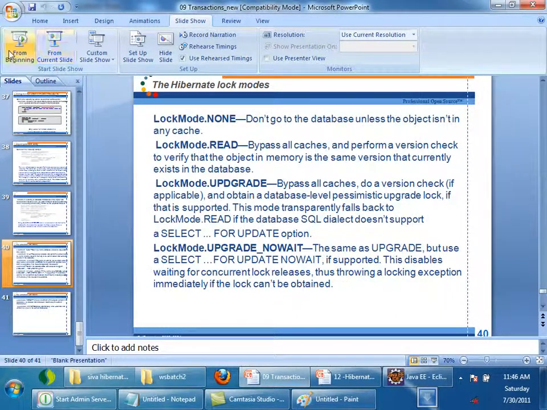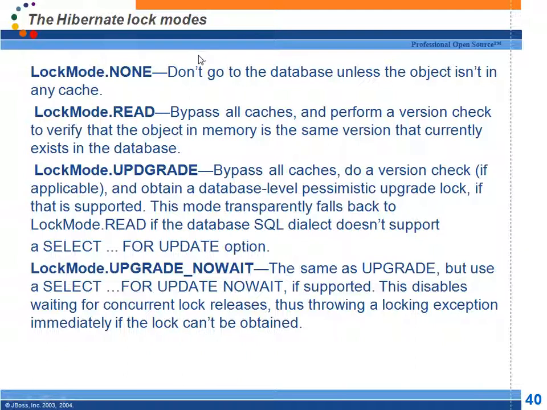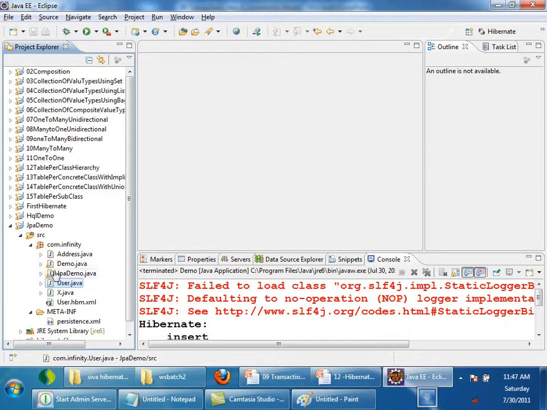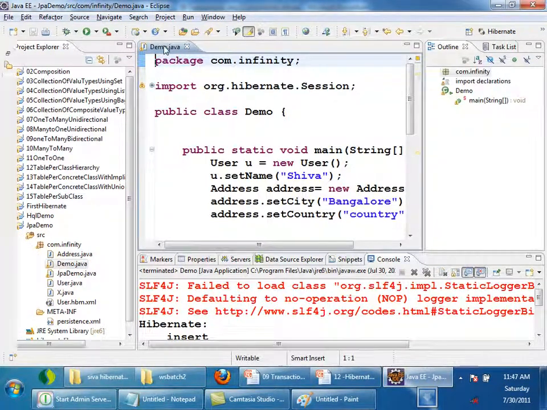See, these are the various lock modes. Lock mode none means whenever you say session.get and specify the lock mode. Let me just show you session.get here.